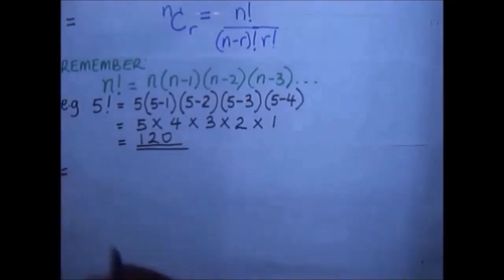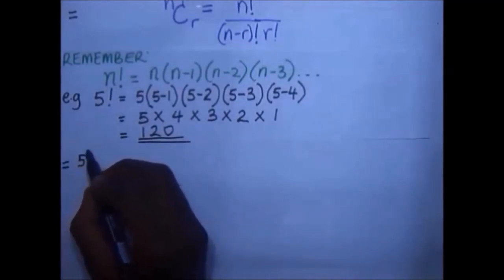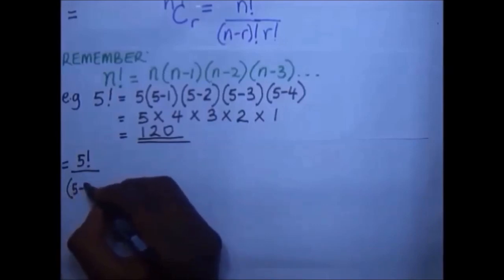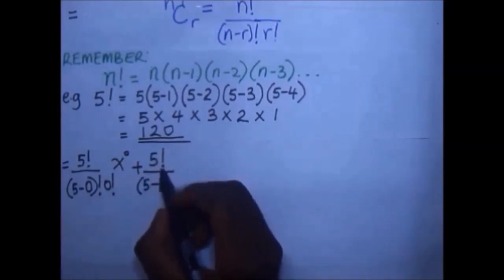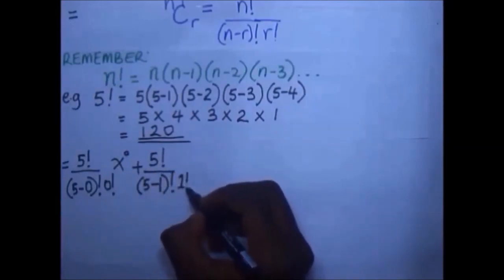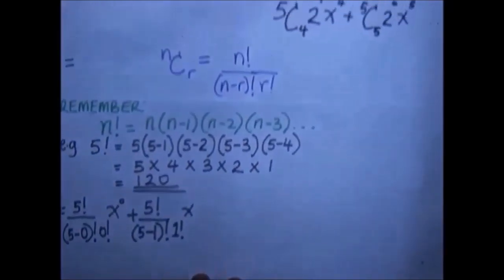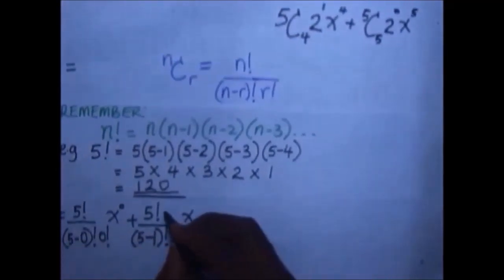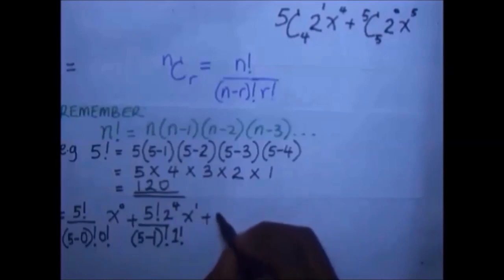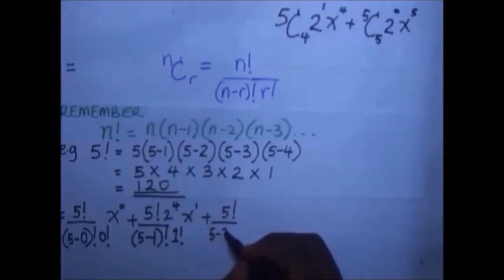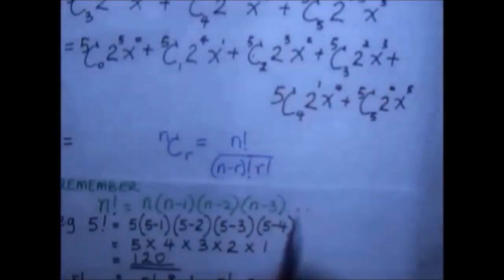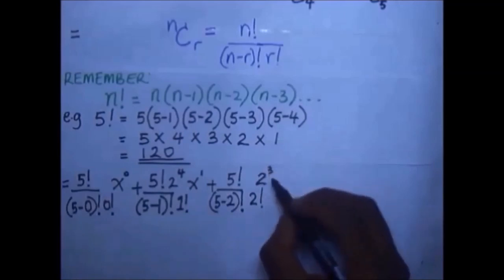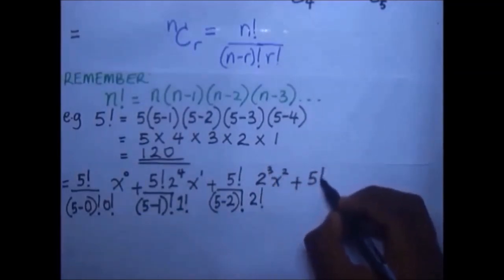Continuing from our previous number, that is going to become 5 factorial over 5 minus 0 factorial times 0 factorial, that is x to the power 0, plus 5 factorial over 5 minus 1 factorial times 1 factorial, that is 2 to the power 4 times x to the power 1, plus 5 factorial over 5 minus 2 factorial times 2 factorial, that is times 2 to the power 3 x to the power 2,